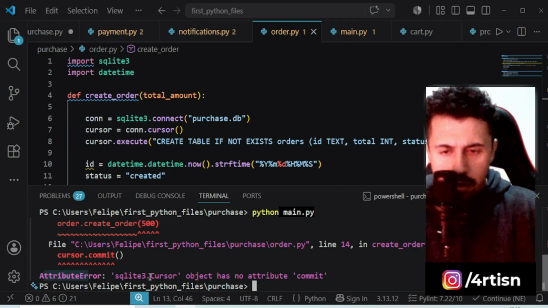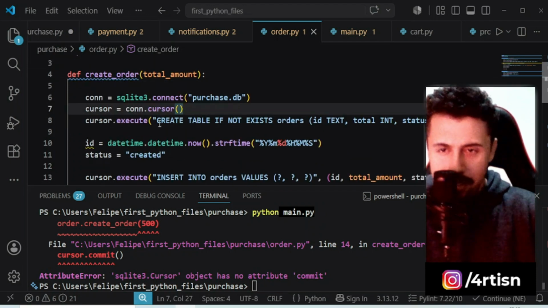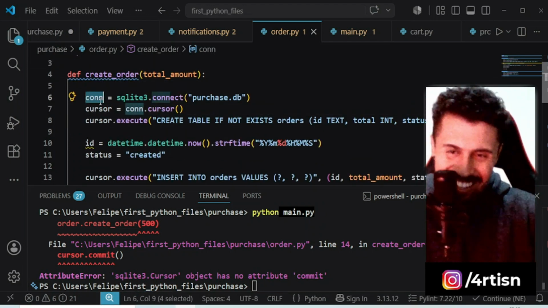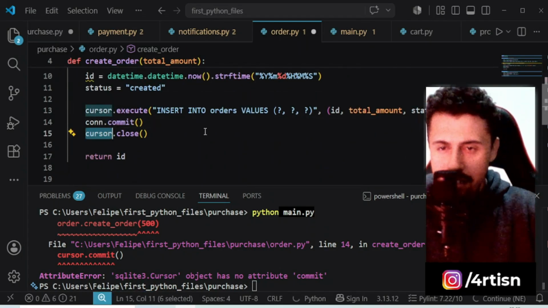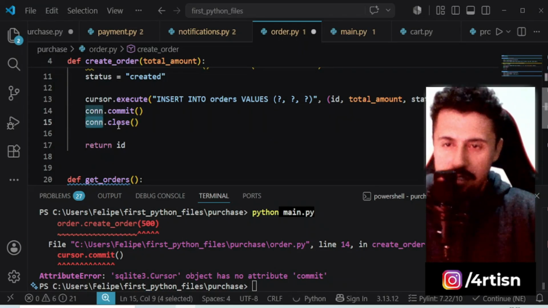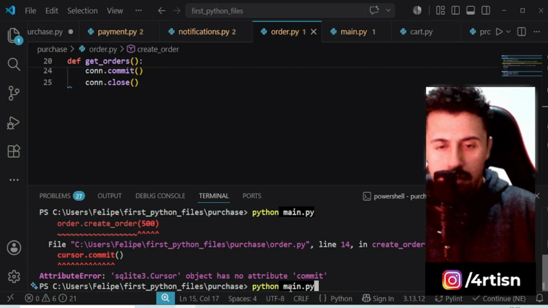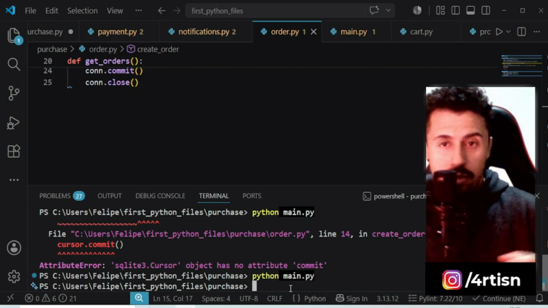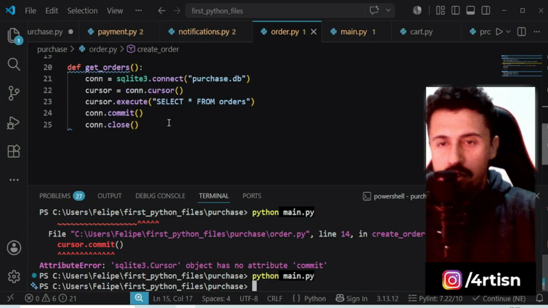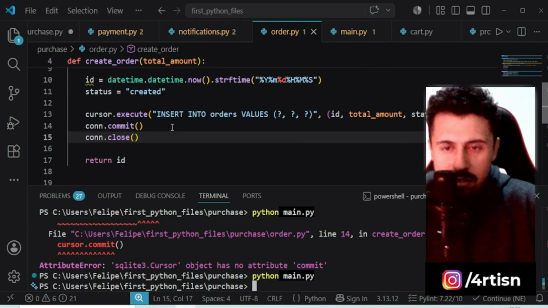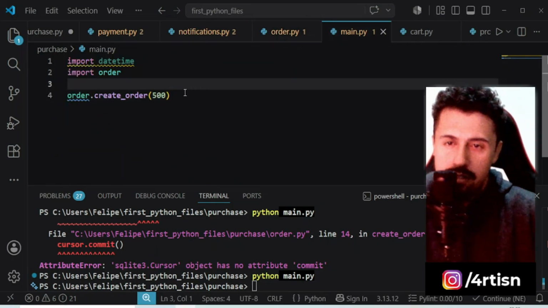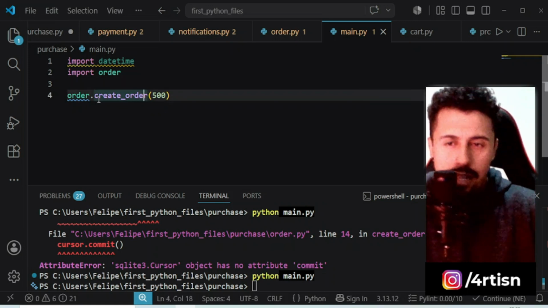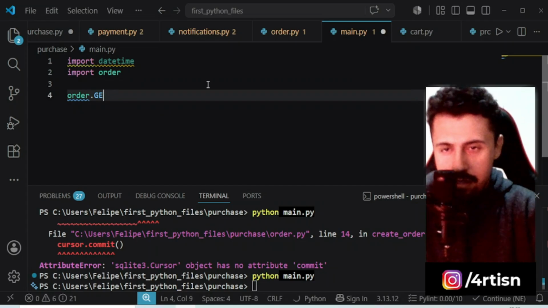Attribute error. Cursor has no attribute commit. Of course, it's not the cursor that we commit, it's the connection. Just a basic error here. Let's change this, con.commit, not cursor.commit. Alright, now it's gonna work, and it didn't break, it didn't return nothing, but of course we didn't print anything, so it supposedly worked. To be sure that it did work, let's call the function get